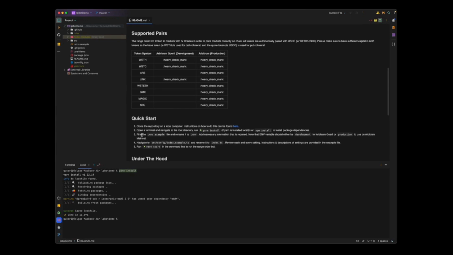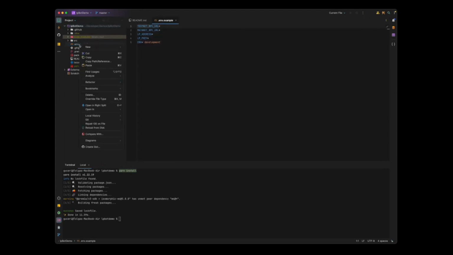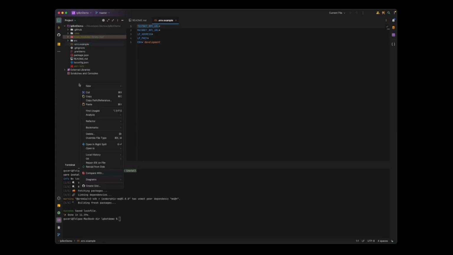Once we have that, we're going to move on to the environment variables. We're going to look at the .env.example file. In here, the instructions say that we want to rename this file to just .env. There's a couple of ways you can do this. One would be to just rename this specific file, so you can right click on it and go to rename, or however your IDE allows you to rename a file. You could also create a new file